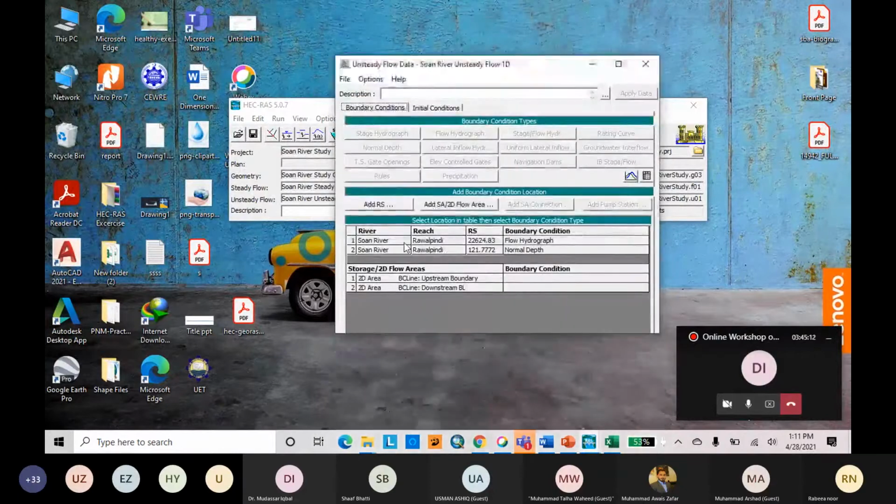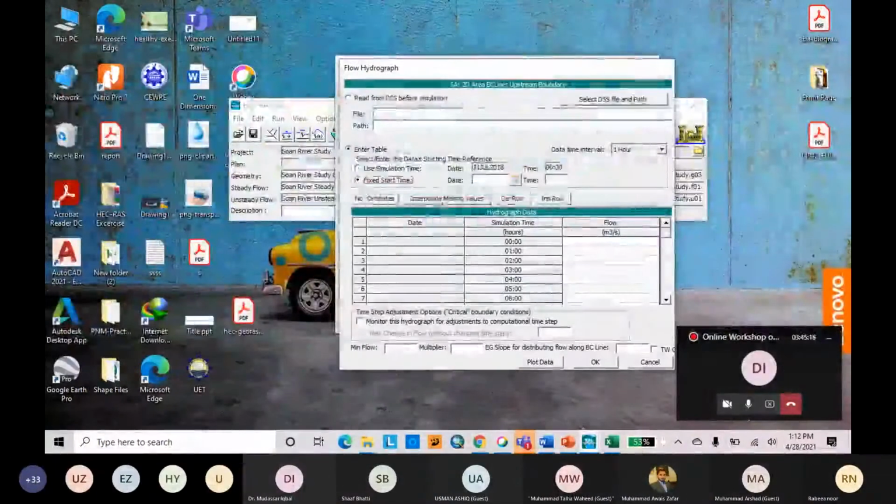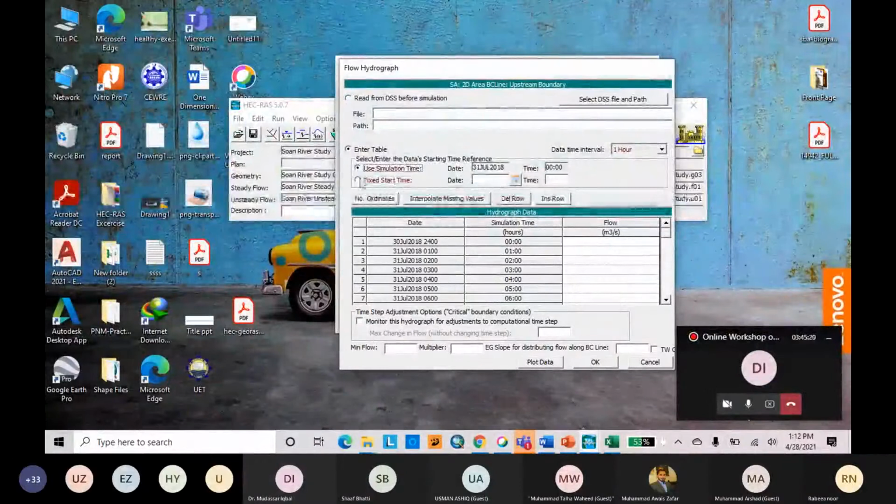These are the older data we have used, but we will use their flow data. Okay, we will use the older simulation time interval.